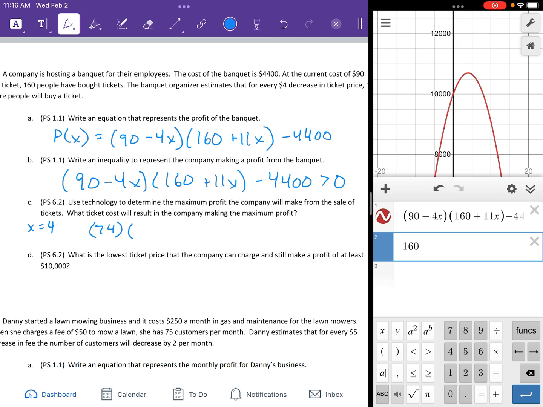Hard to hit the little buttons. 160 plus 11 times 4 gives us 204. And we're going to minus 4,400, sorry. So let's just delete this. That's better. So we had 74 times 204 minus 4,400, sorry. So that gives us a grand total of